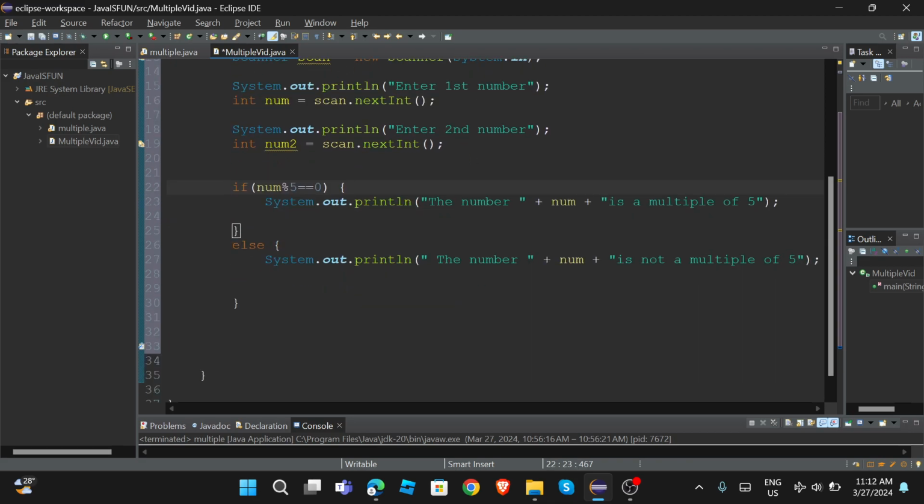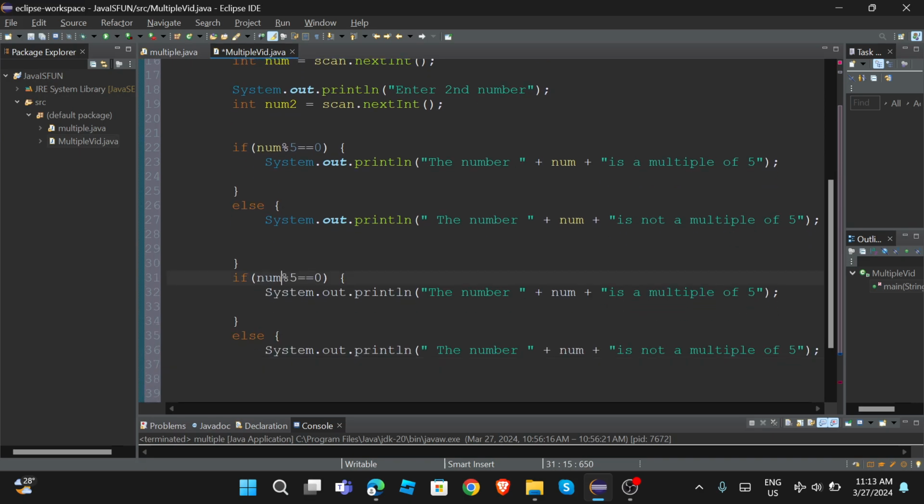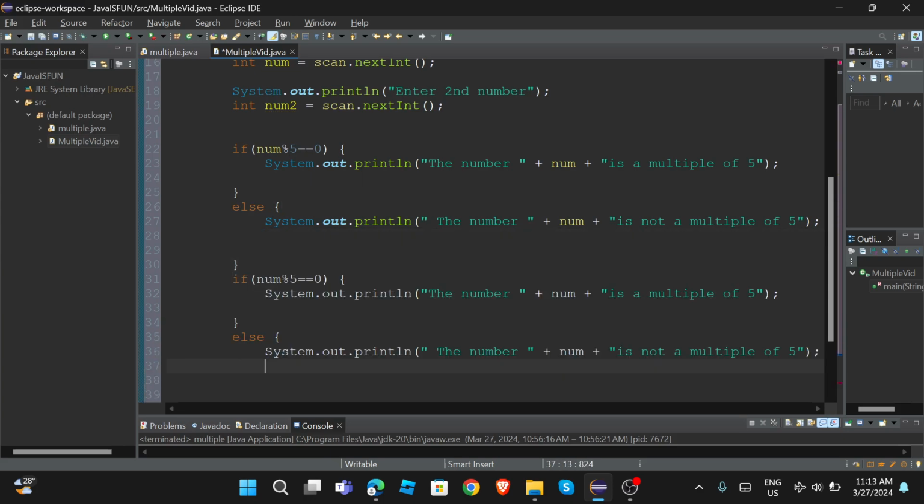Oh, so it's ending over here. So if num2 modulus 10 equals 0,